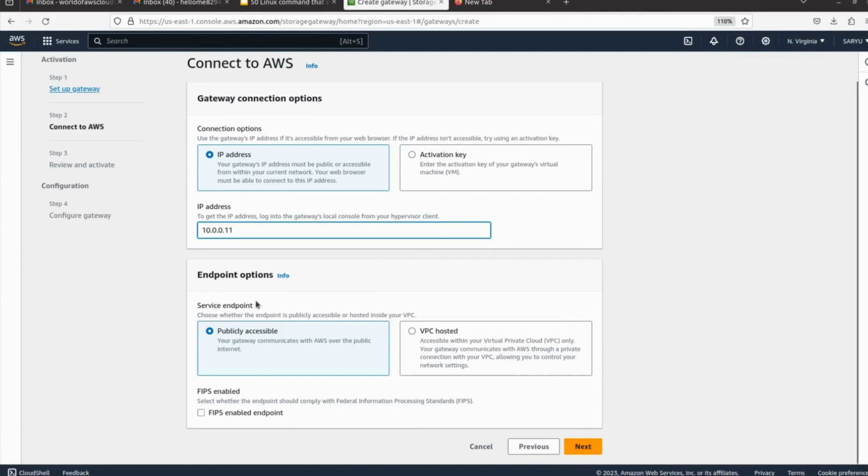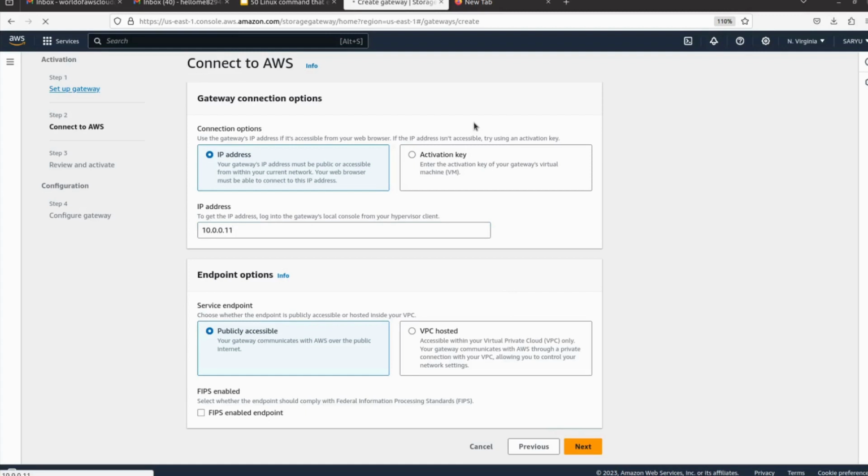You can host your service endpoint as publicly accessible, or you can host your storage gateway within a VPC as well. For the activation key connection option, you choose whether to connect with an IP address or use an activation key. Click on next. Let's see if it gets created. I don't think it will.